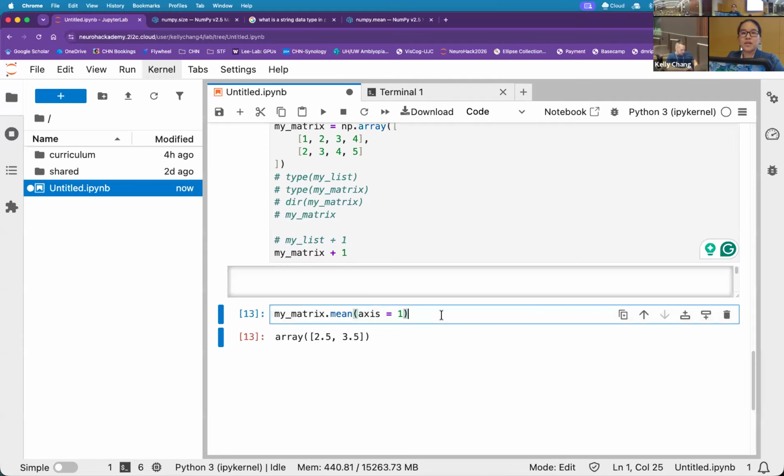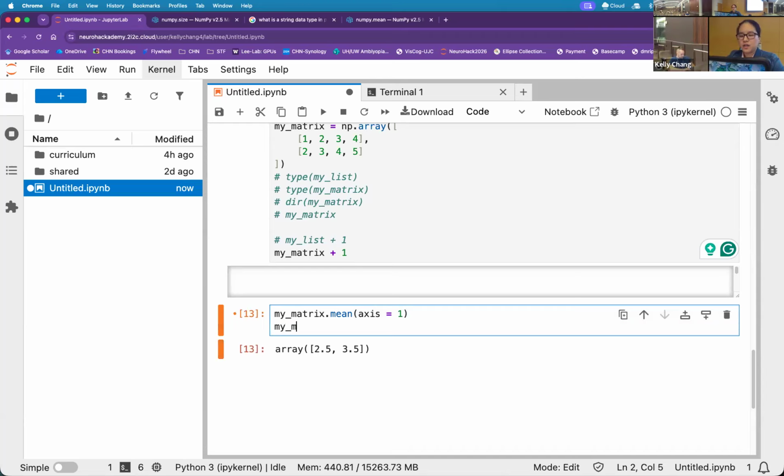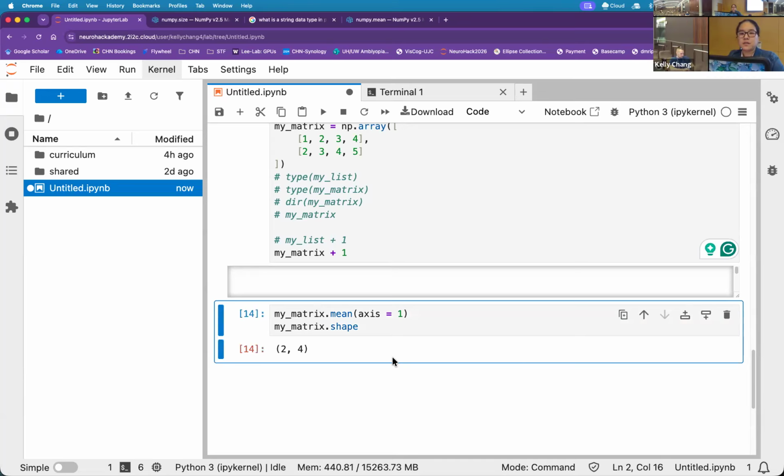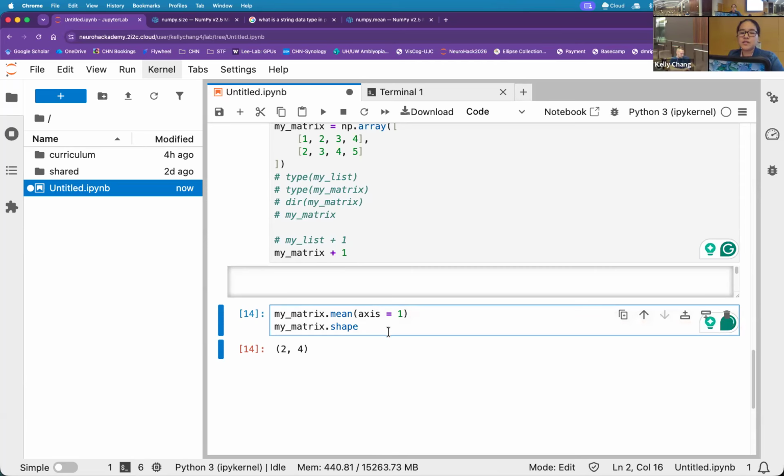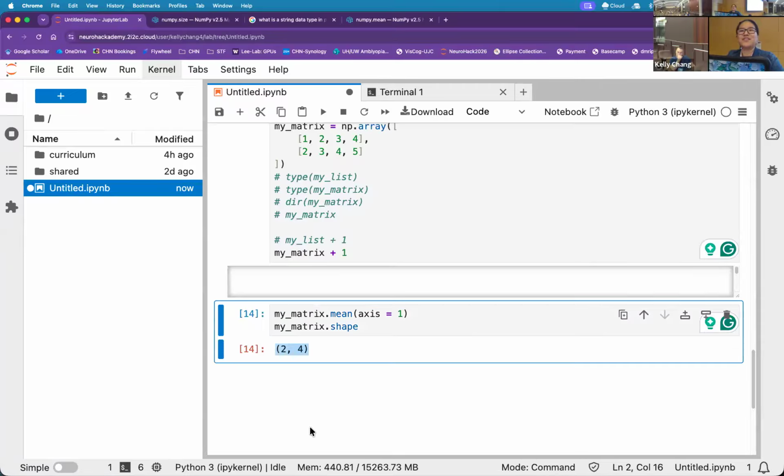Speaking of shape, so you have your mean, median, max, min, standard deviation, all those good usual calculations in there. Other kinds of things that don't require parentheses, so not a method call, but actually an attribute. Things like shape will tell you the shape. So rows to columns, 2 rows, 4 columns. Notice that the call on this one doesn't have parentheses on it. So I'm actually querying just information about that particular matrix. I'm not doing anything with it. I'm getting it back. Please also note, what kind of data type is this? It's a tuple. This matrix should not be changing its shape if you haven't messed with it yet. So, right, it's immutable in that sense.